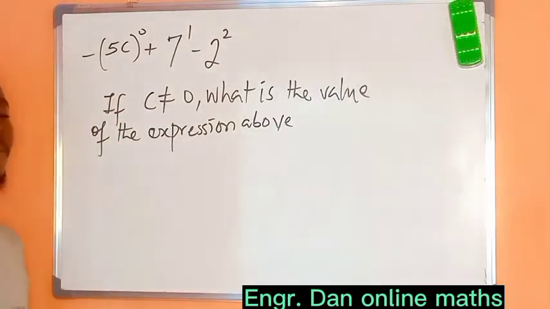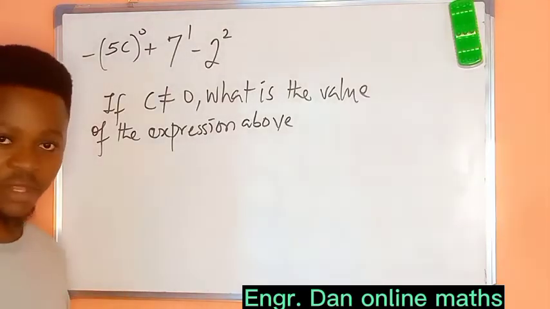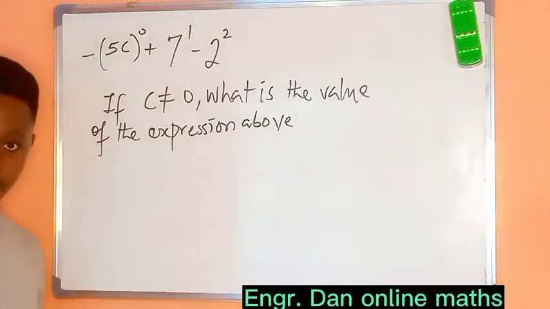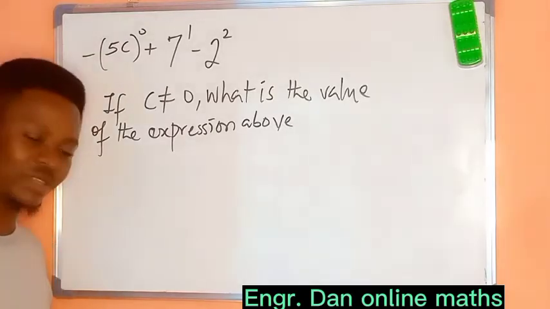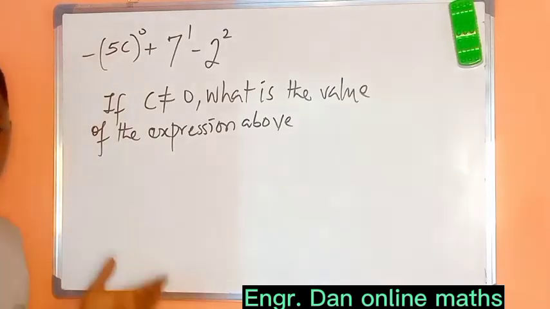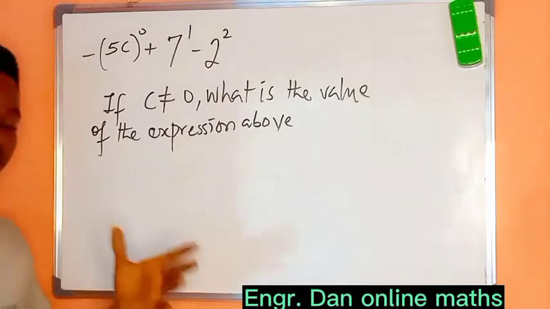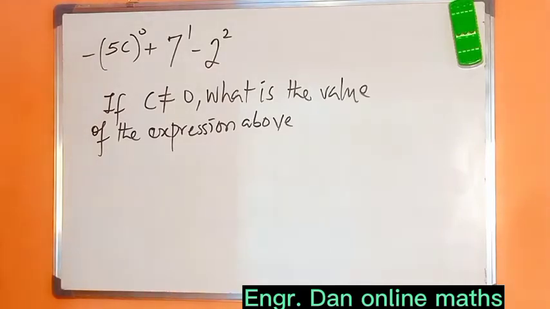Now, the first step here: minus (5c) in brackets raised to power 0. Whatever you put in brackets is just like a whole. Let's say you put 7 oranges in a bag, and you grab the bag. Now the whole bag is not just one, right? When you remove everything in the bag, it becomes 7 oranges. But since it's in the bag, we count the bag as just 1. That's what brackets do. The way it's in brackets, it means it's a whole. So it's not that we have 5 and we have c, we have 5c as a whole, all raised to